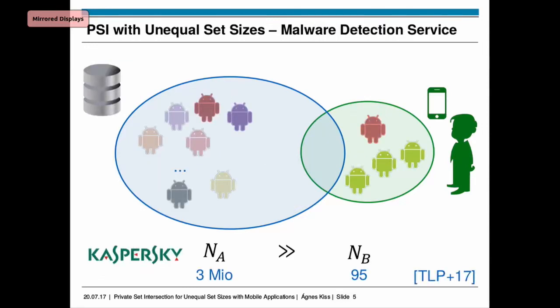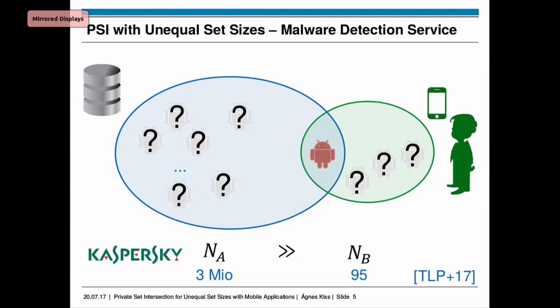Another application could be a malware detection service, either on PC or on mobile. There exist such companies that do mobile malware detection and provide the service to the clients to tell which of their applications are malware, so they need to uninstall them. And this can also be an application, because we see the incentive of Bob that he doesn't want to reveal all his applications, and also the malware detection service doesn't want to give away all its knowledge.